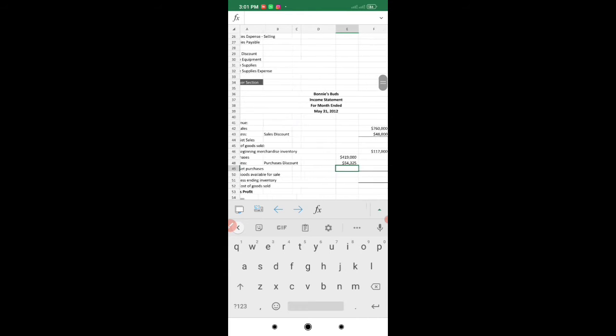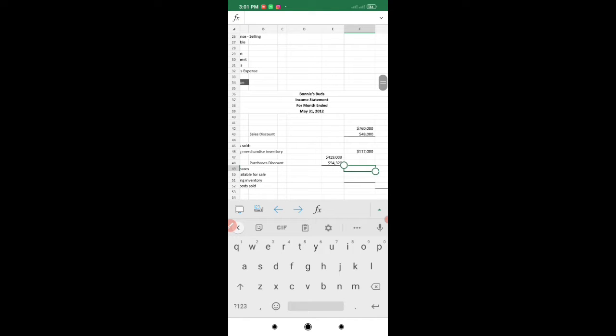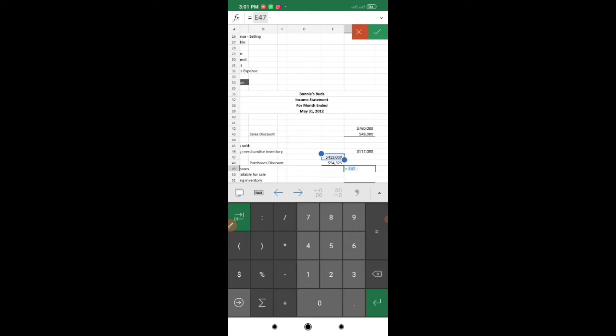We have to deduct it from the purchases, and we have the amount, minus,